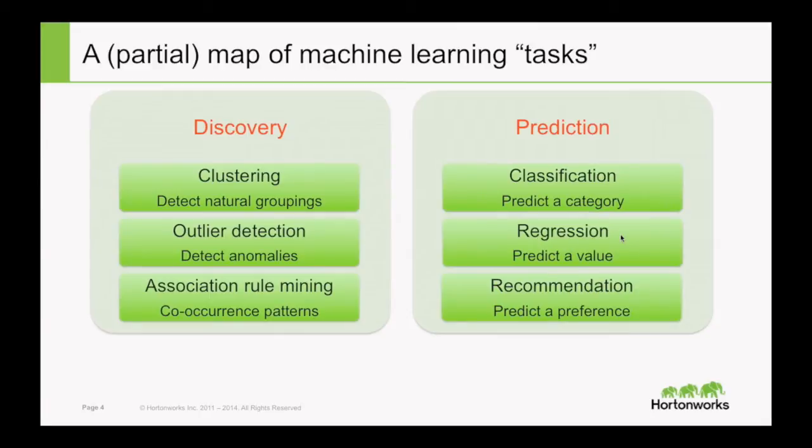So on the left side, you see what I call discovery. Discovery is where you essentially have data and you're trying to understand or detect different patterns in it. The types of techniques that we typically talk about here is clustering, things like k-means clustering, density-based clustering, and hierarchical clustering. The goal there is really to look at data points, which could be people or objects of different types you're interested in, and detect natural groupings in them. So that's what clustering is.